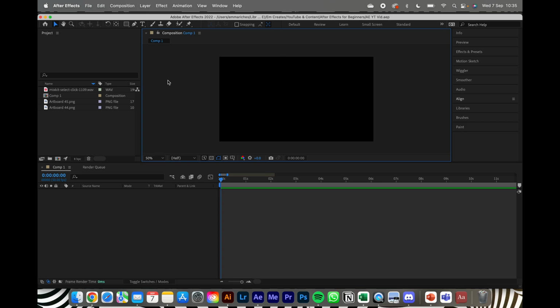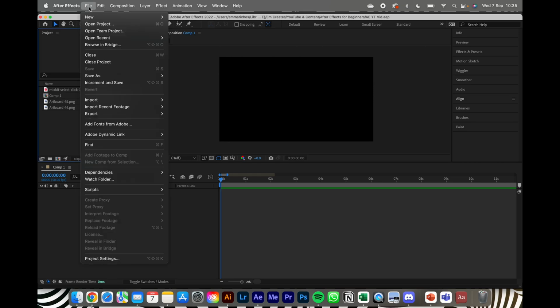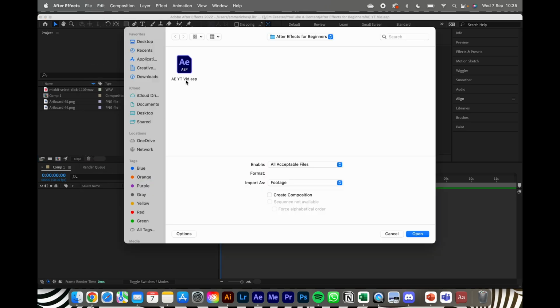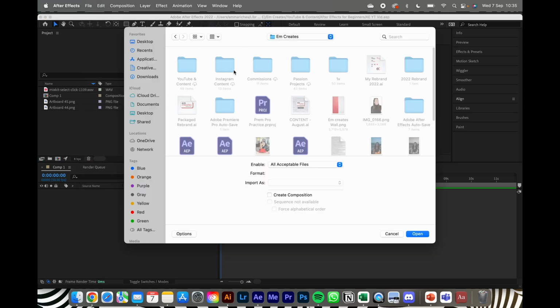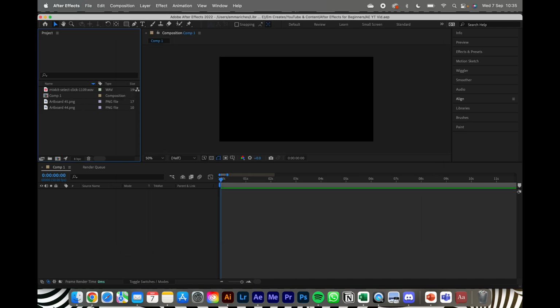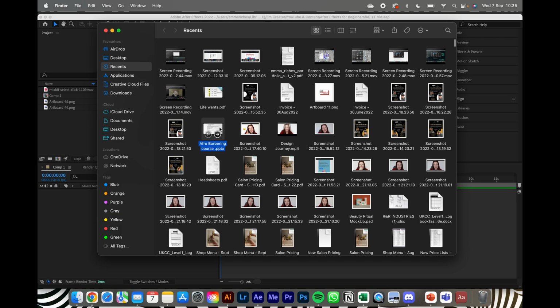So first things first, you're going to want to import assets that will be part of your animation or video. This can be any kind of files, videos, JPEGs, logos, etc. The way you're going to do that is File, Import, File or multiple files. Multiple files allows you to select multiple, File just brings in one. So simply select the folder that you want it to be part of and click Open, and they will appear here. You can also click and drag assets into